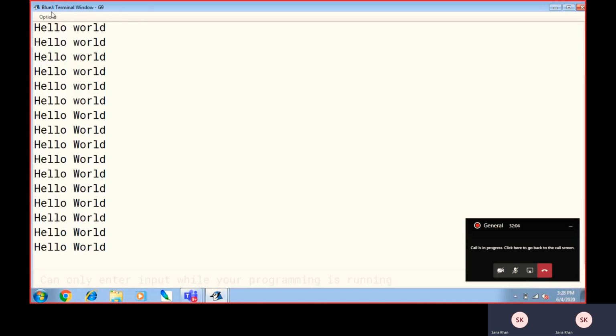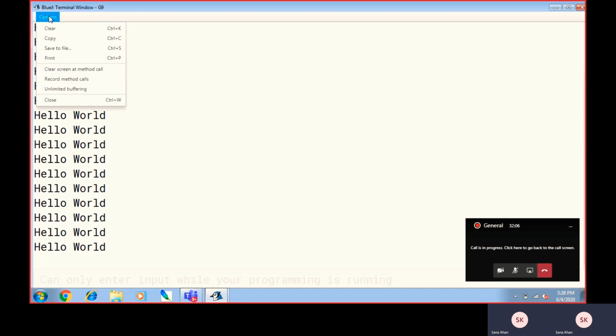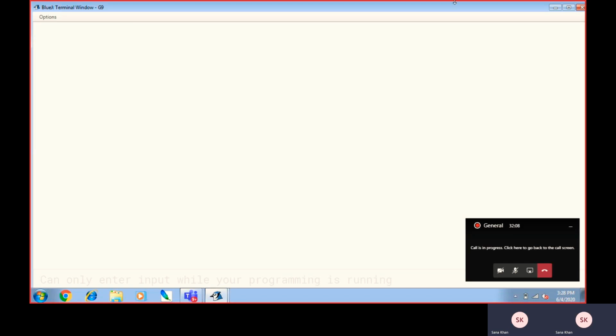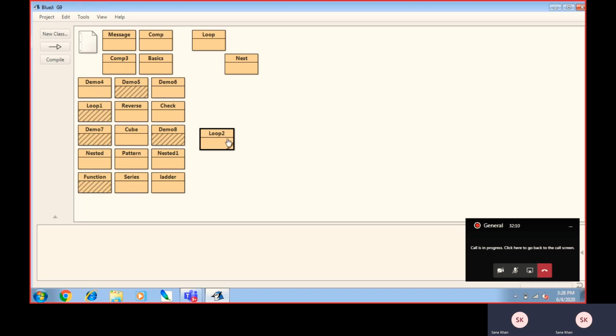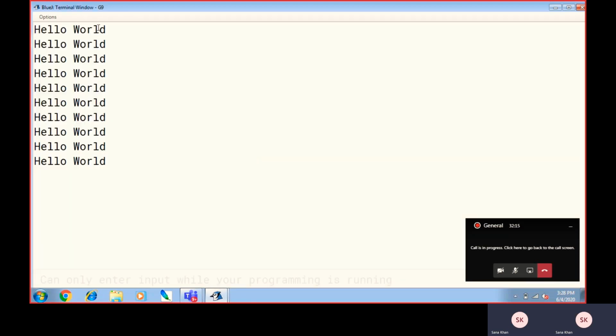Here you can see many hello worlds because it is also showing my last program's output. So I'm going to click on clear and now run my program again. I'm going to right click here and click on void main. Now here you can see 1, 2, 3, 4, 5, 6, 7, 8, 9, 10. So you will get hello world 10 times very easily. What you need to do is just run your loop from 1 to I less than or equal to 10. So this is how, friends, you can print hello world 10 times using a while loop.